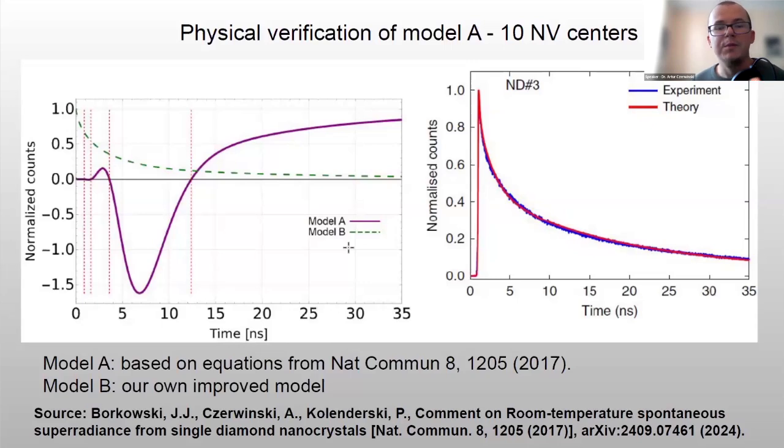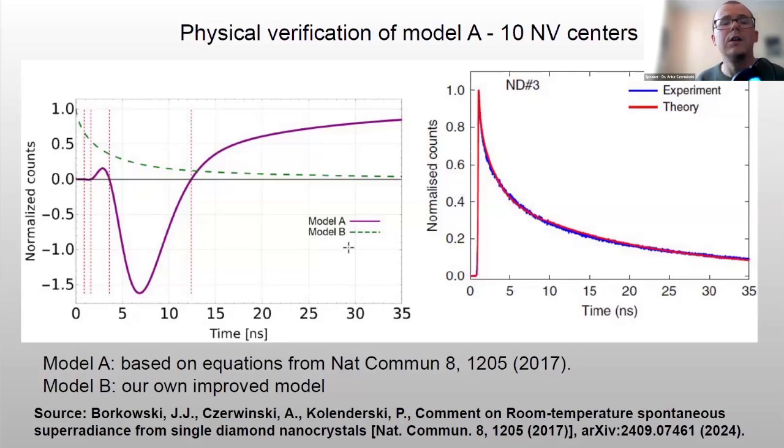Then we had a very bizarre plot for 10 NV centers. So again, we can compare the result on the left-hand side, model A, that we obtained with the result on the right-hand side that they published in Nature Communications. So we can see that those plots are completely different. And then again, in case of the plot that we simulated with exactly the equations that they published in their paper, we see that this plot does not reflect the properties of photon emission, the properties of fluorescence, because here we can clearly see negative values and the fact that the asymptote